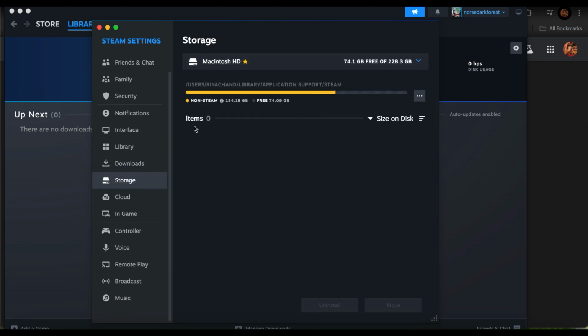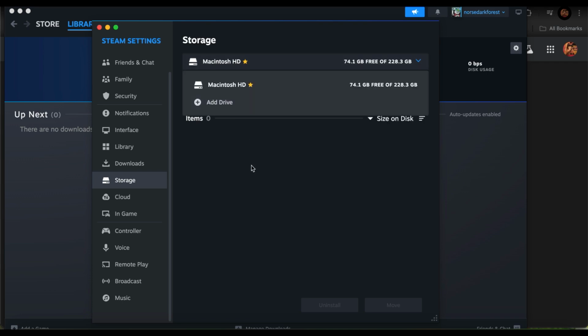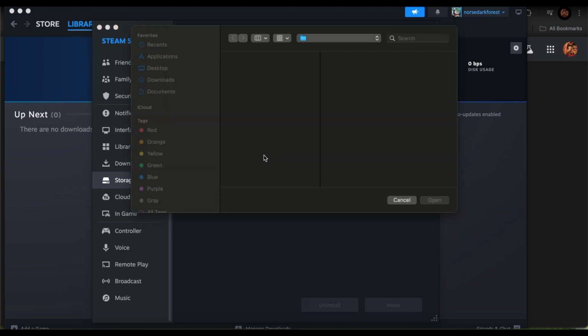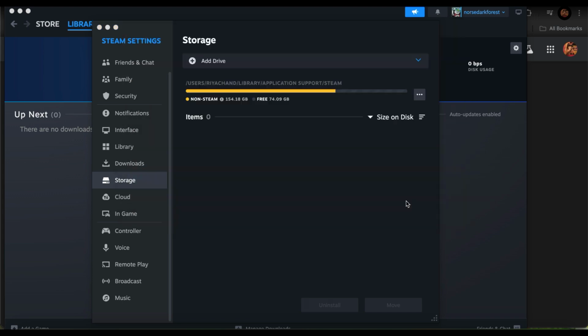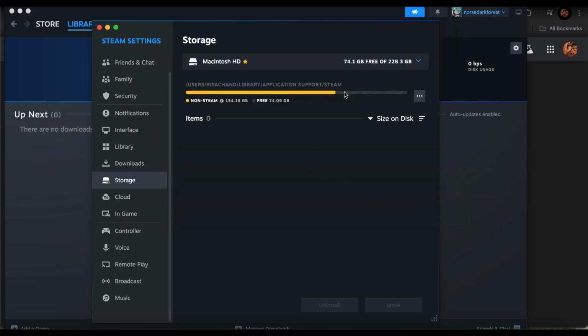Now right below downloads over here you can find storage. Now you can see all the storage that your Steam has taken up, and you can find maybe other drives too if you have them. There's also an option to add a drive. Just go ahead and tap on your local drive and tap on add drive, and you can add a new